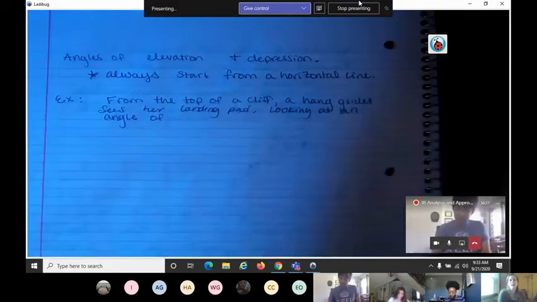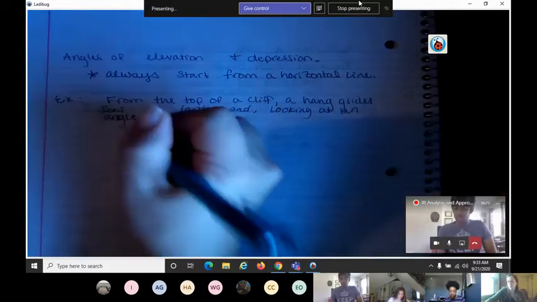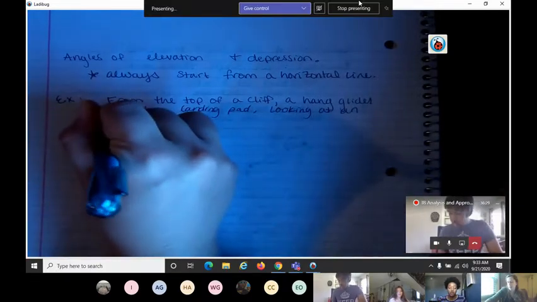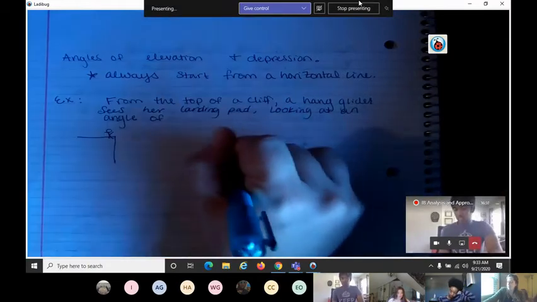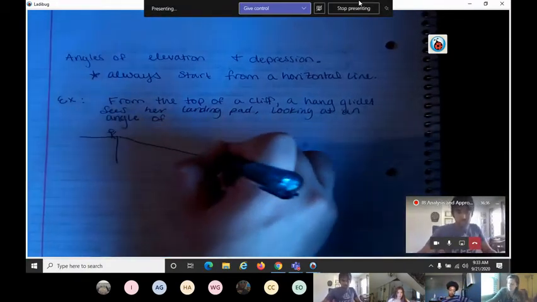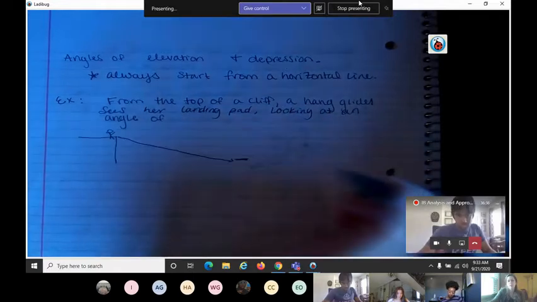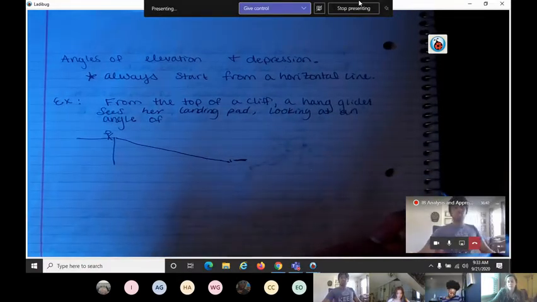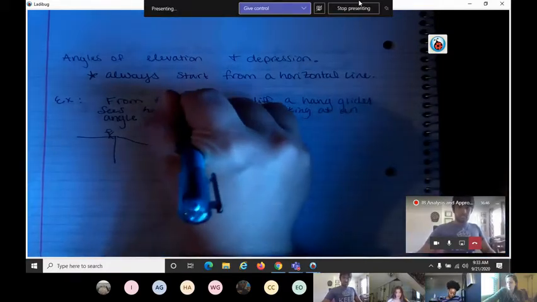Do you guys think it's going to be elevation or depression? If I have my hang glider up here, the landing pad's down here, and she's looking down at it. Oops, I did a really bad job. So she's looking down at it. Do you think that this is going to be an angle of elevation or depression? Depression. Yeah, so an angle of depression